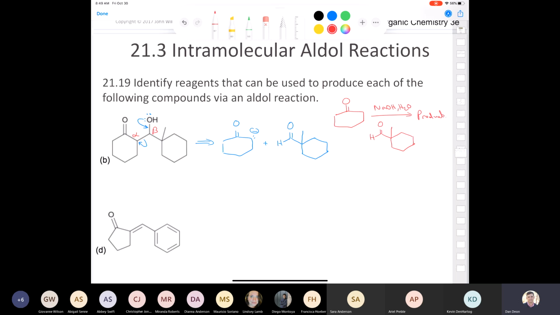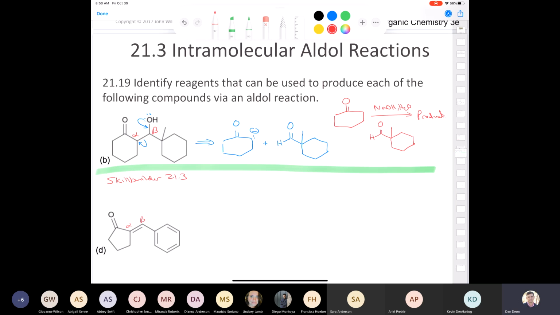Let's try the next one. The next one's a little bit different, isn't it? Because it's an alpha beta unsaturated ketone. Again, here's our alpha and our beta. So this is an aldol condensation. So that means we're going to need sodium hydroxide, water, and we're going to have to heat this up. The same thing applies here. We're going to do a retrosynthesis, but think back to the way that I taught you with Skill Builder